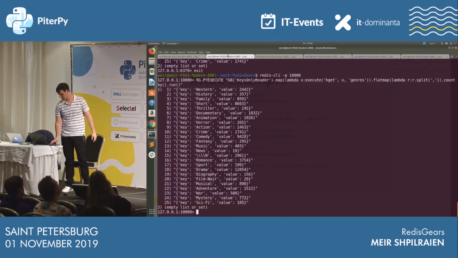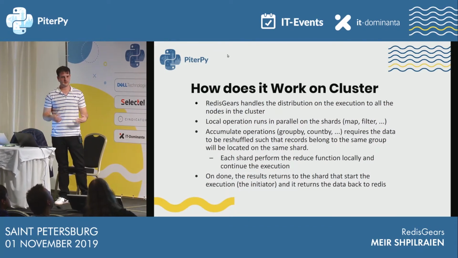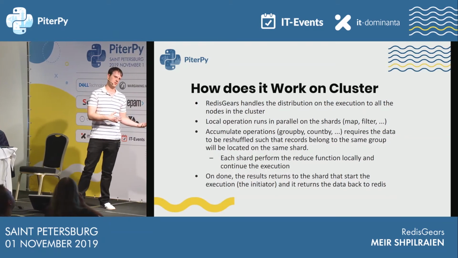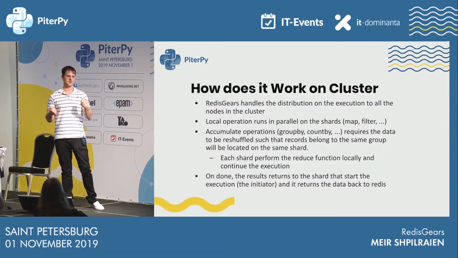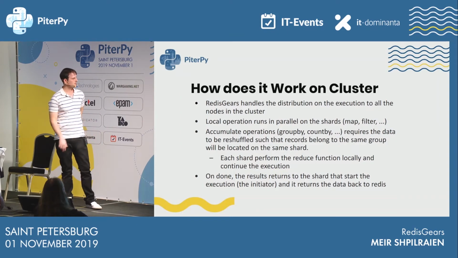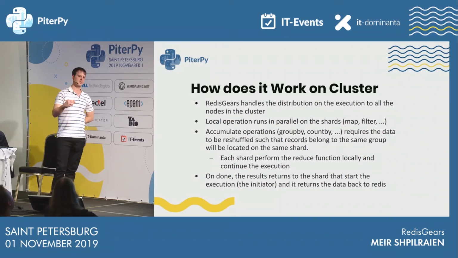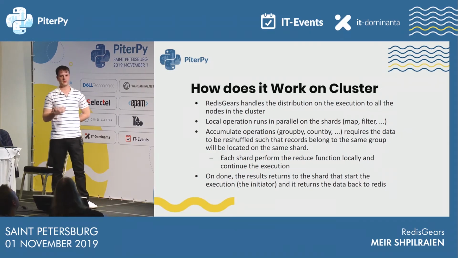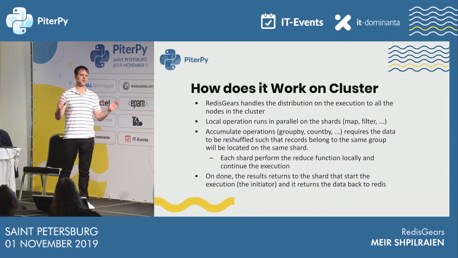So this is the power that RedisGears gives you. And I want to talk a little about how it works on a cluster, because it's pretty easy how it works on a single shard, right? It runs the Python interpreter, runs your lambda function, and gets you the results. But on a cluster, it's a little more complicated. And the way we do it on a cluster is each shard handles the execution locally as long as it can. So for example, the map, the filter,